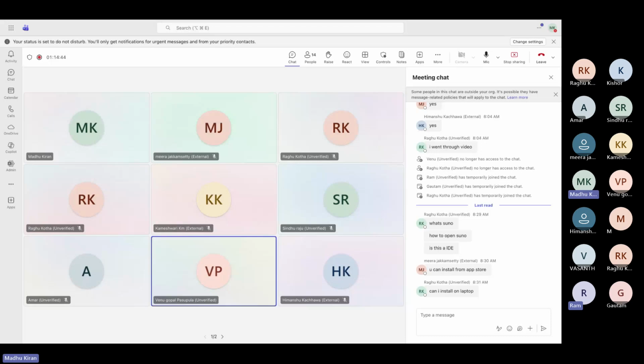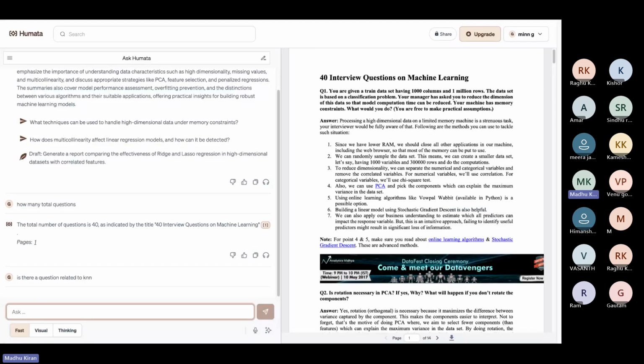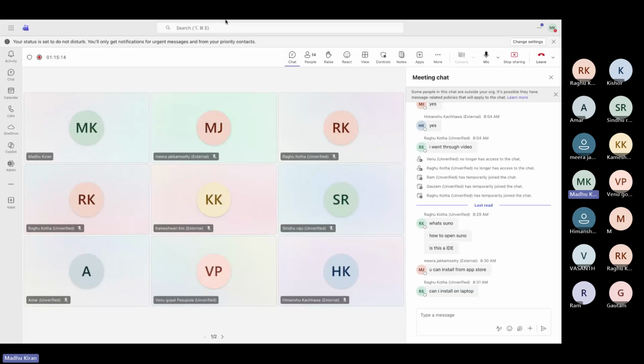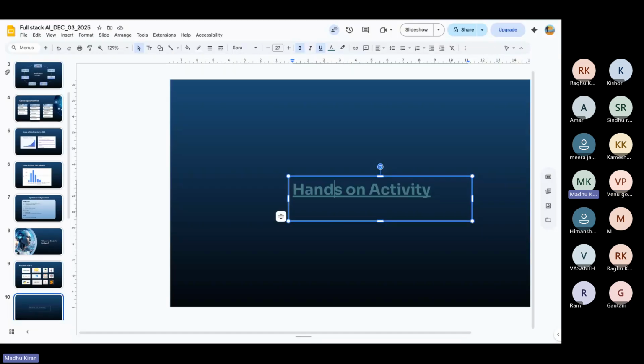It's like we have Google search and we have Bing search. It's similar, but in different ways. They have personalizedly created this Humata. Here you have only some free version, and after that if you want to upload more documents, you have to pay. Even for Suno AI, only some version is free. If you want to generate songs every day, you have to pay. Even ChatGPT is free to some stage, and after that it says upgrade. So it's different ways of using, not much difference.